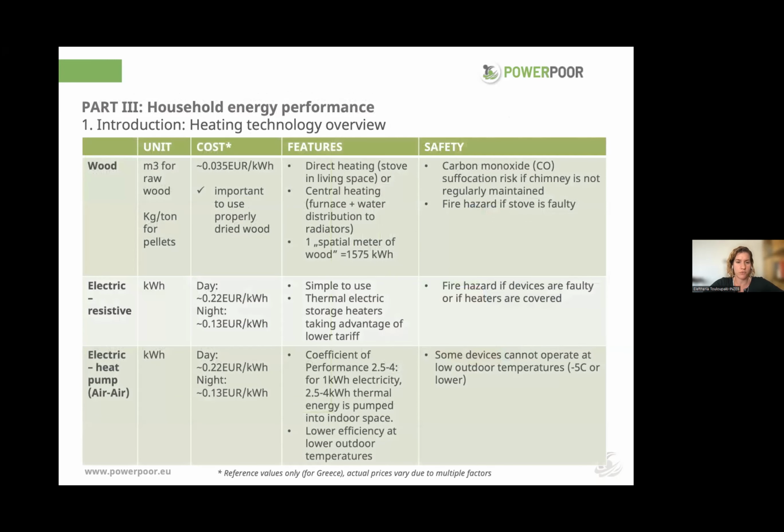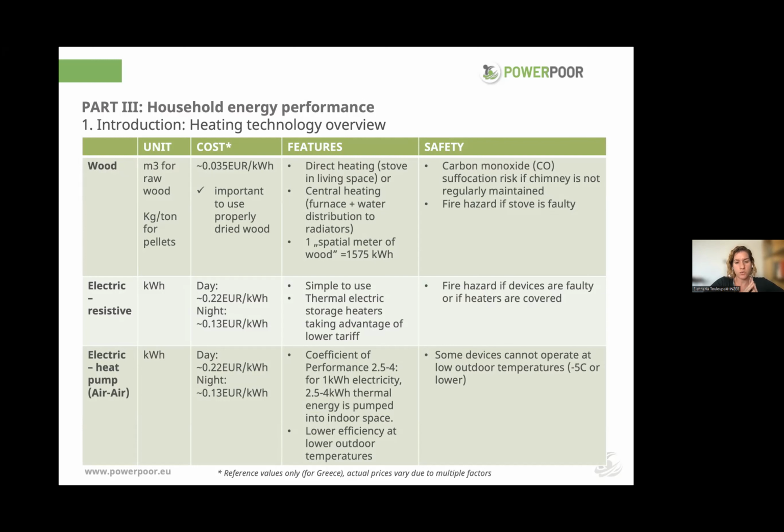If we want to have an overview of the heating technologies that are most commonly used, for wood or biomass, in general, the most important feature is that it is normally used in a direct form. There is a stove in the living space, or it can be, as I said previously, in a central heating system. One stacked cubic meter of wood, which is a cubic meter of logs stacked one on another, which means there is some air between these logs,